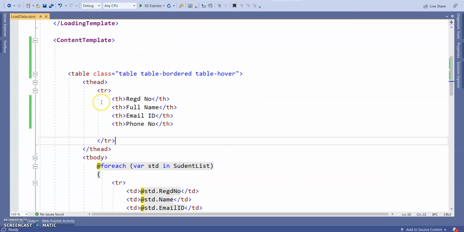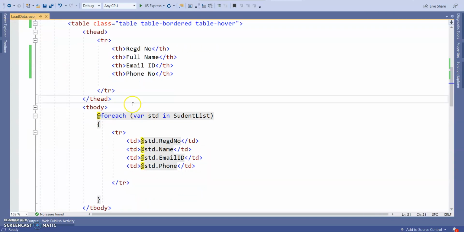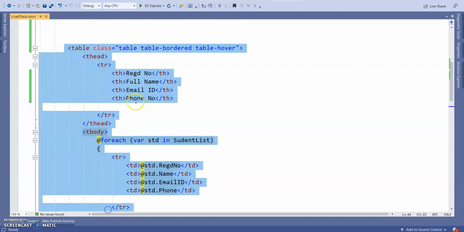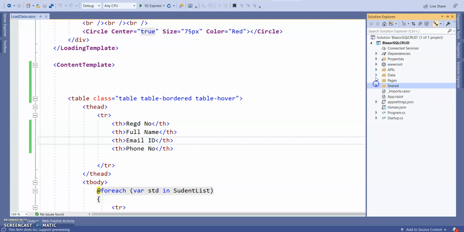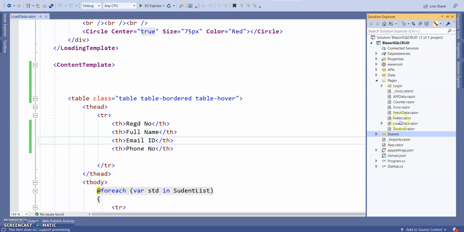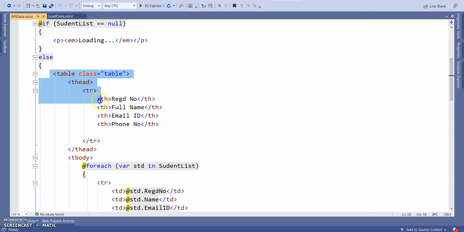So here you can see I have a load data page. Here I have a table. Here I applied CSS to look attractive. But in case of other pages like API pages, I am not applying any stylish CSS. Okay.